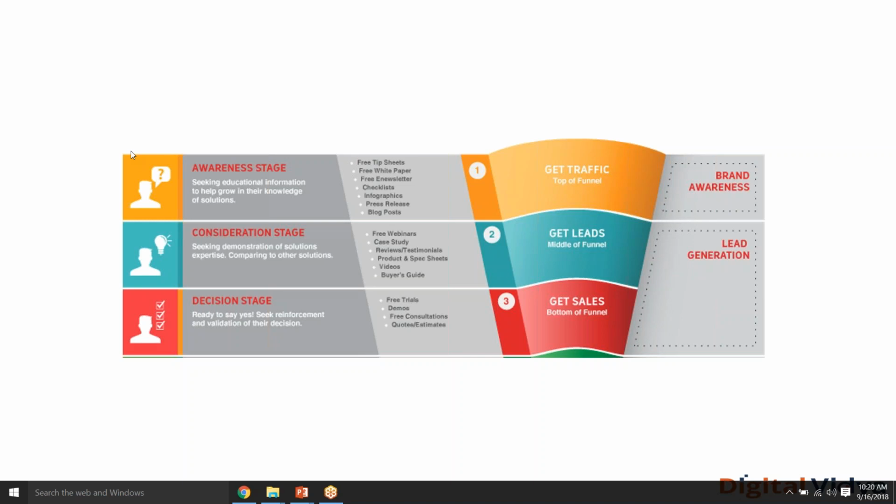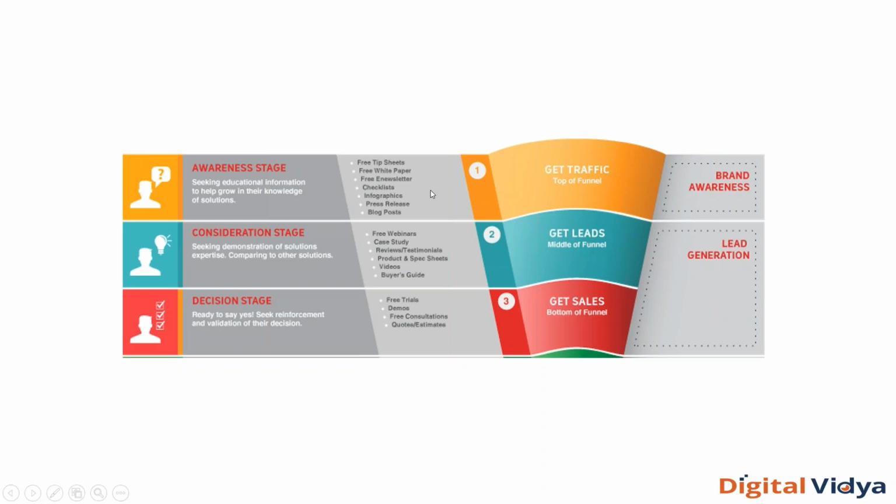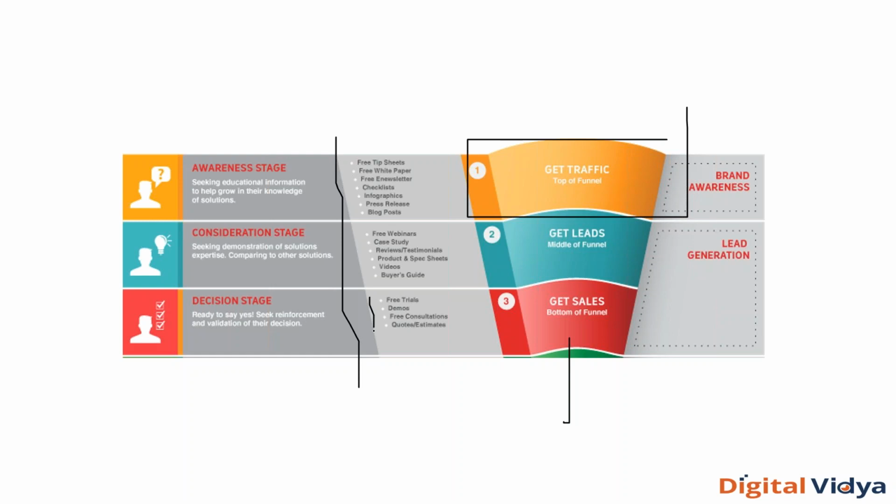Maybe 2 of us out of 14 will either have an iPhone X right now as I speak about it, or they will end up buying in the near future. You see how sales funnel, essentially, there is a lot of people thinking. It's like a funnel. It has a broader input and a very narrow output. It basically says when a lot of people are aware about your product, only some of them will end up buying it. And in that, there are a few things usually, if you see this, free trials, demos, consultations